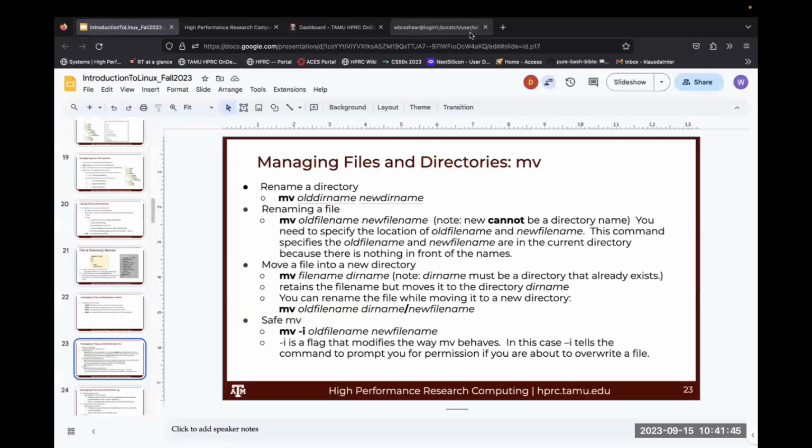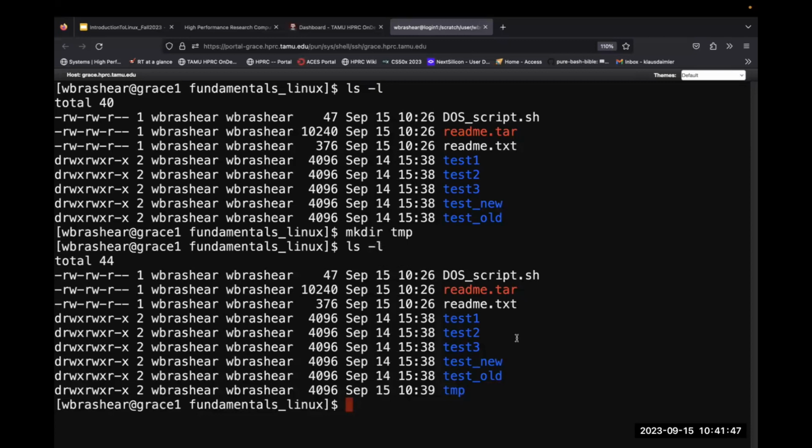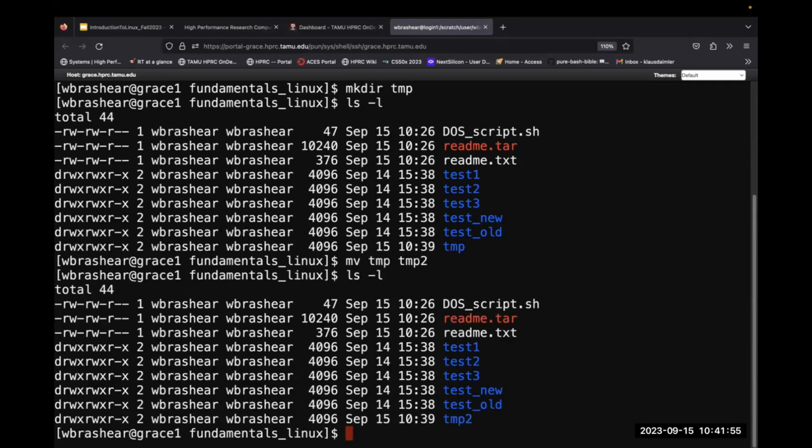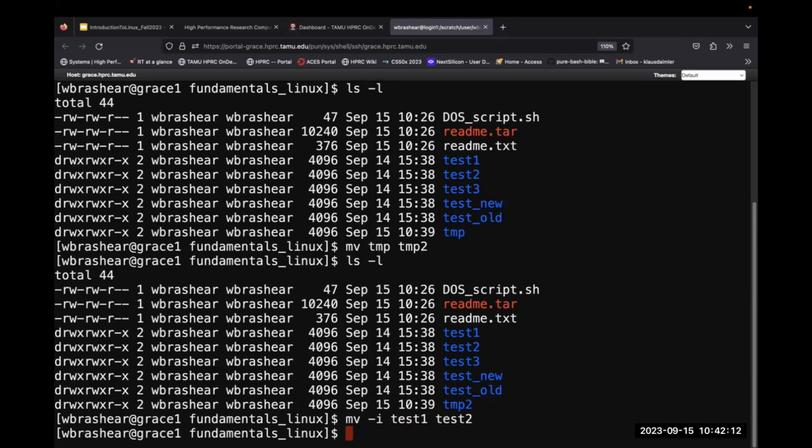So let's play with that a little bit. I want to move temp to temp2. All right, we did. If I want to move test1, let's do the -i, to test2,